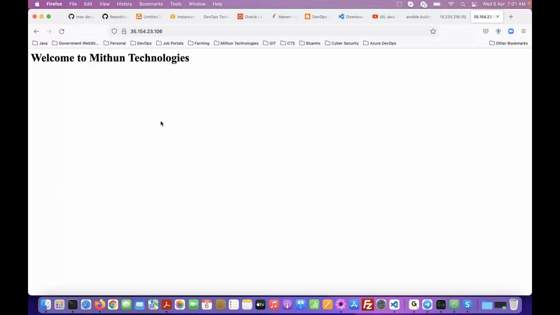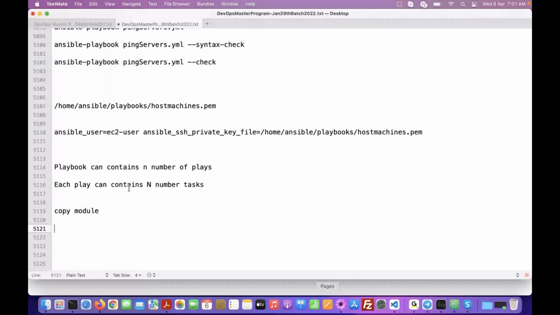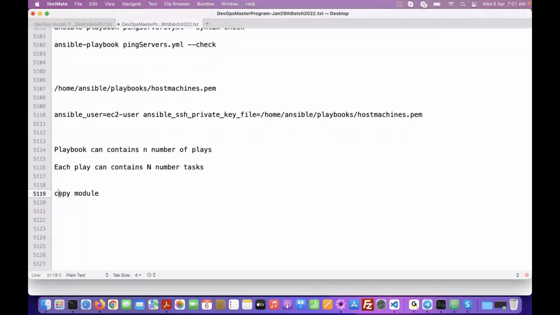So now we have another module called the template module. Before going to discuss this template module, we'll see. So right now, what we are doing,